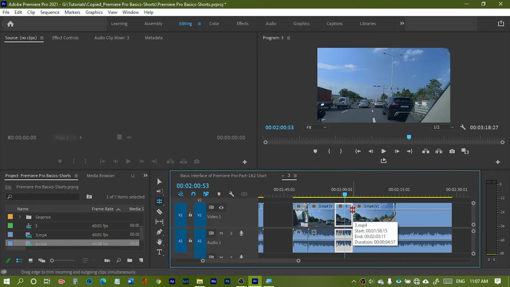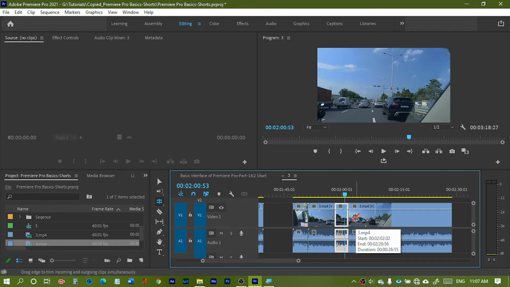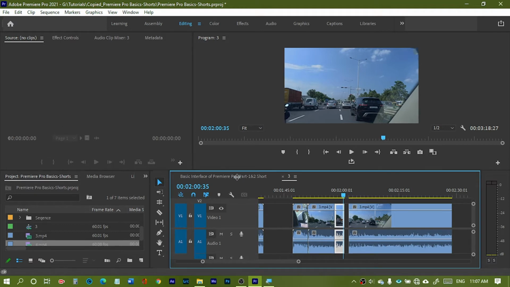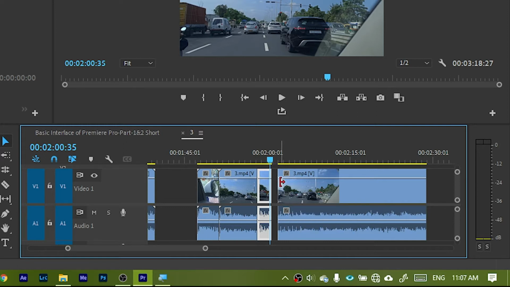So suppose you don't want one part or some part of the clip from clip A and you want the another clip to have that part. So this is basically the same way. Suppose you have this move tool, and if you want to trim this to something like over here, suppose this car, okay, let me make it bigger, okay, and then what do you want? You have this little gap and you want to eliminate this, and you want this part to be expanded from here. So if you drag it back, this part also comes over here. So you can see, if you just play this clip,